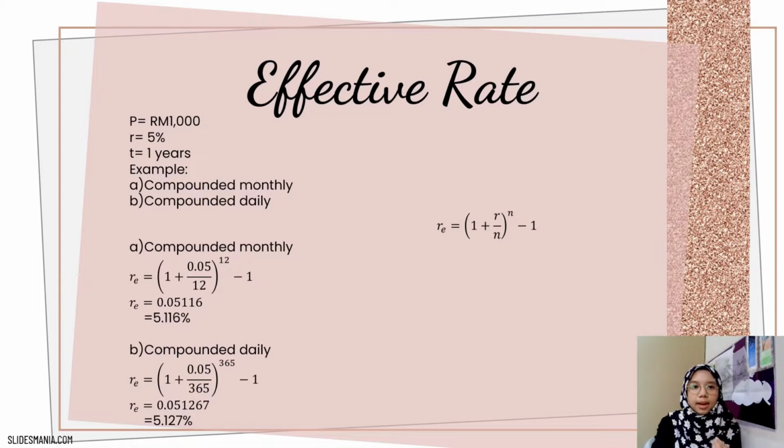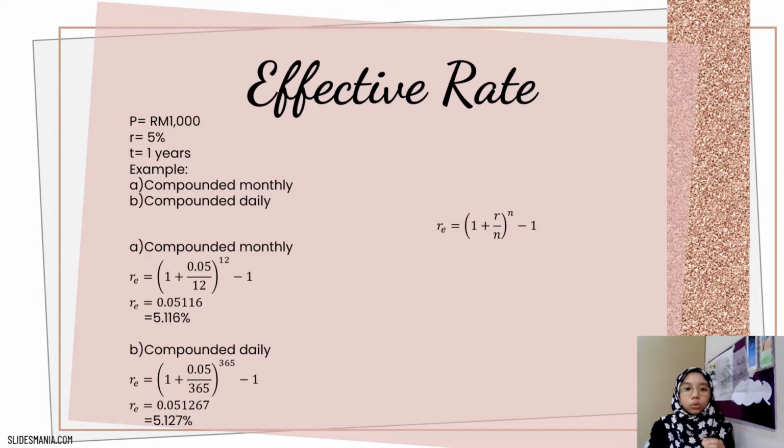And lastly, I would like to explain about the effective rate of interest. Let's say 100 ringgit is invested at 5% for 1 year. So the question is, A compounded monthly, B compounded daily. So follow the formula. Effective rate of interest equals bracket 1 plus rate divided by n, where n is the number of compounds a year,